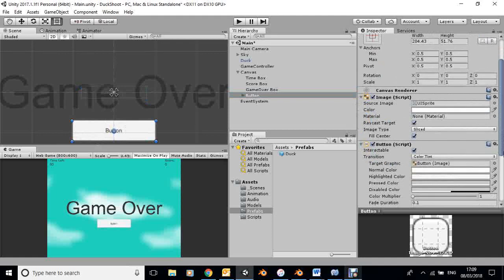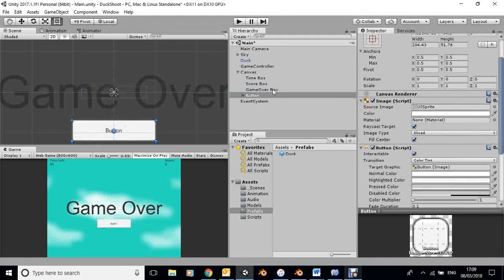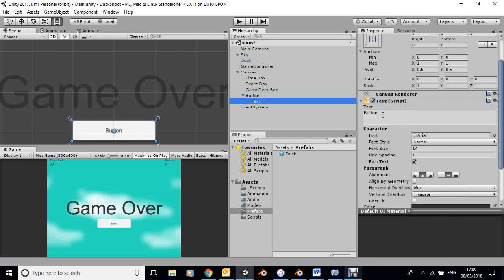So I'll keep that white. I could change the color of it. Change the text. 28. Right, and this button is going to be called